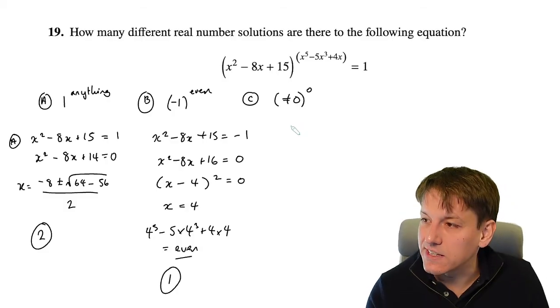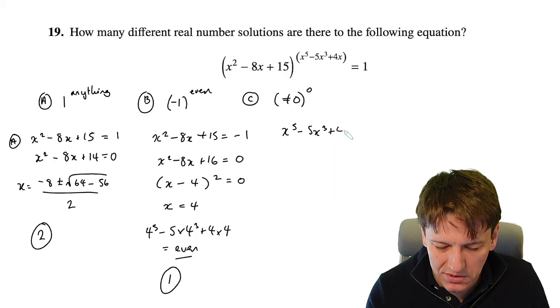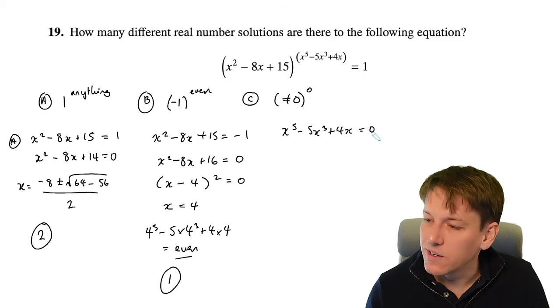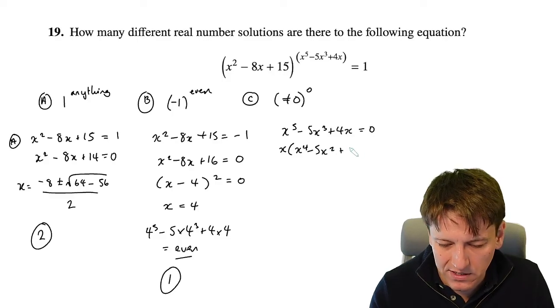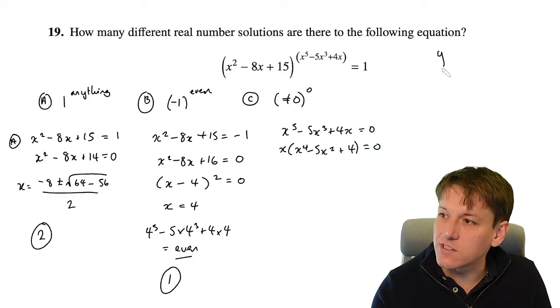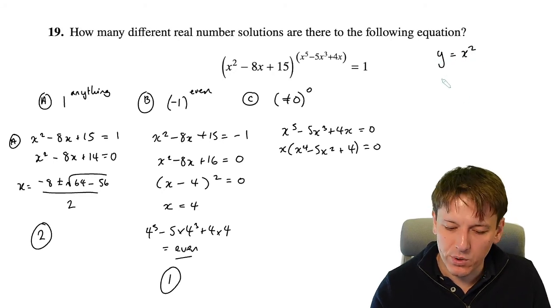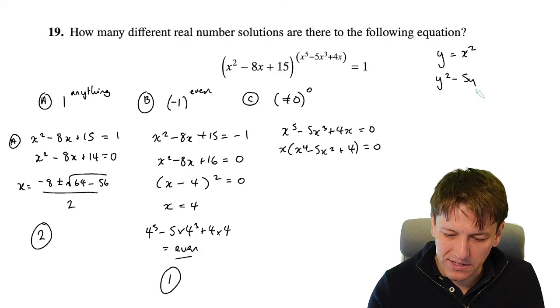So for this final case, I need to think about x to the 5 minus 5x cubed plus 4x equals 0. So I can factorize this as x times x to the 4 minus 5x squared plus 4 equals 0. Now I've got a disguised quadratic, right? So if I put y equals x squared, then I'm going to get this would be y squared minus 5y